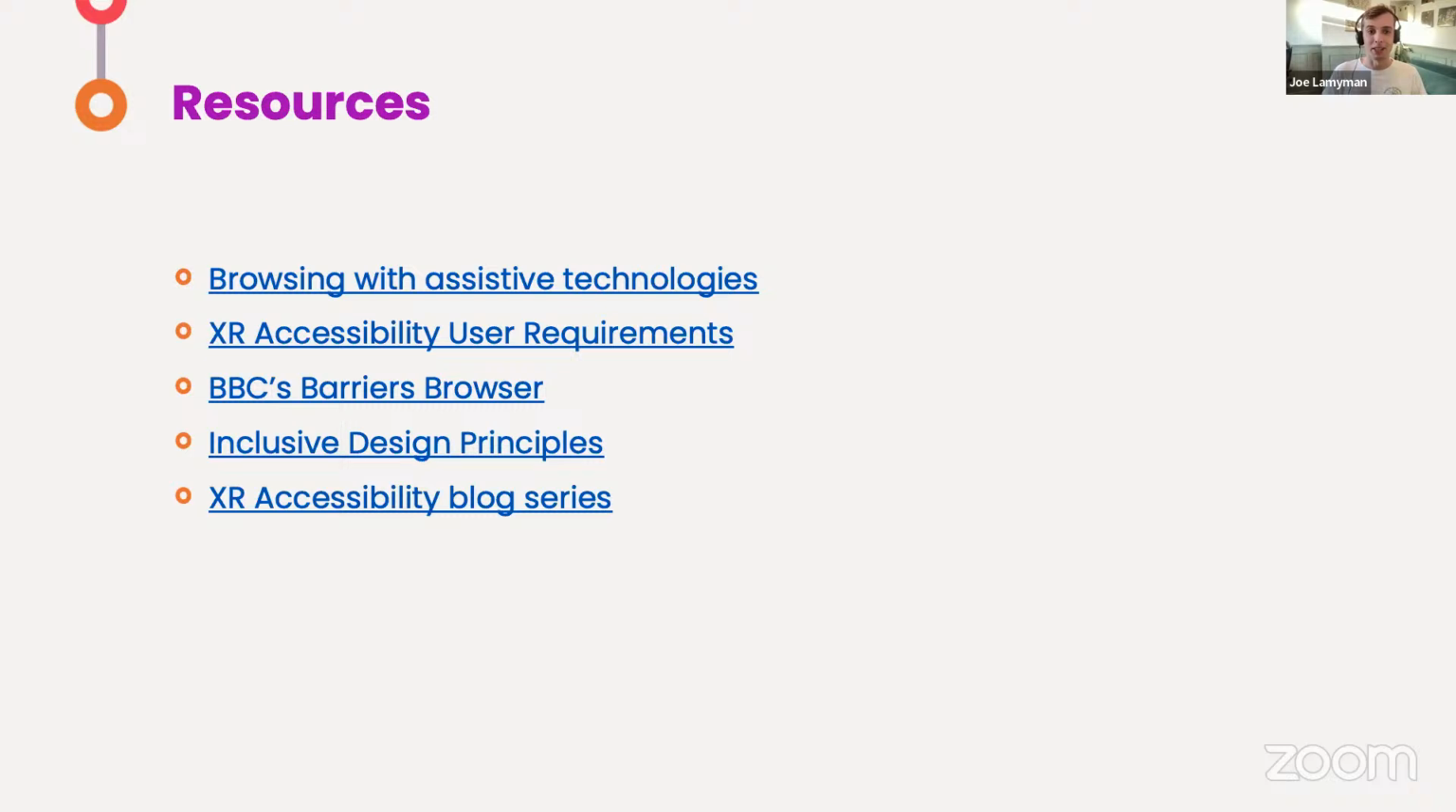Another is the XR Accessibility User Requirements document, which is primarily the focus of this talk, and also the BBC's barriers browser research that I've just been through. There's also the Inclusive Design Principles, which are a framework that allows you to understand people's needs and design and development requirements that you can use for anything that you're developing, whether it's XR or web. It's just a useful framework to relate back to and get an understanding of how people might want to use